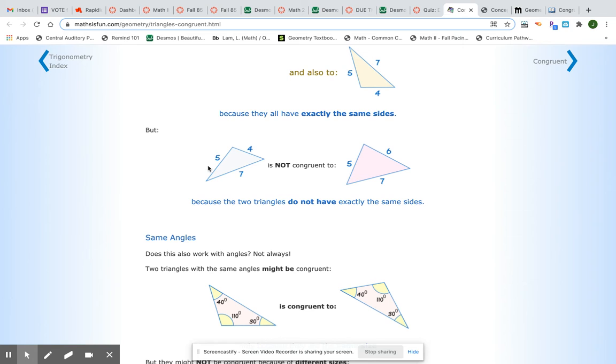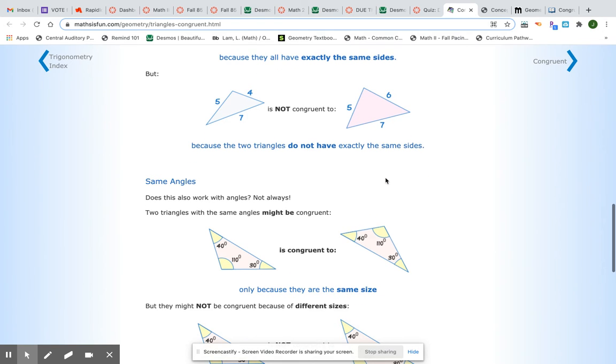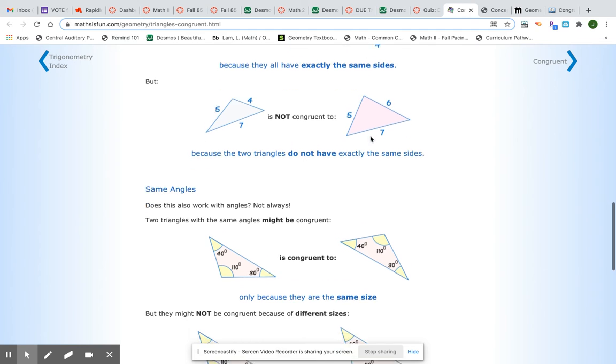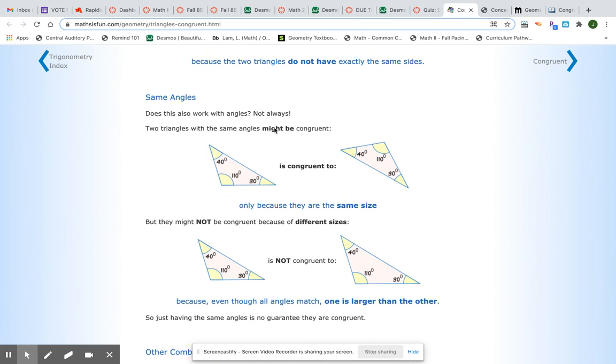Alrighty. These two aren't congruent. This one is 4, 5, 7, where this one is 5, 6, 7. So they do have to be the exact same size, the exact same shape. All right, and then you can also see here